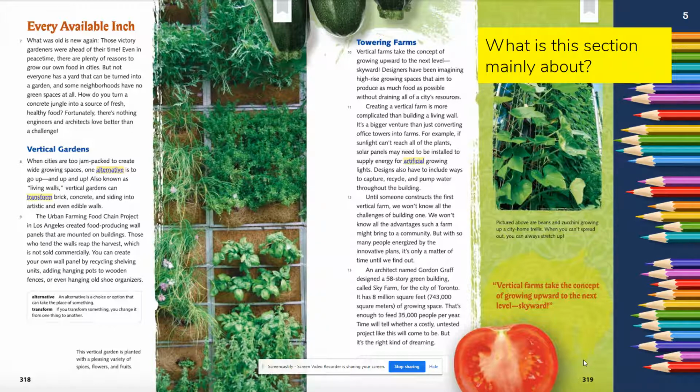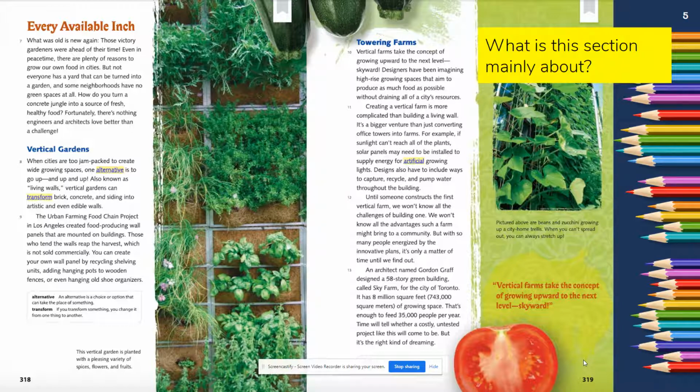Vertical gardens. When cities are too jam-packed to create wide growing spaces, one alternative is to go up and up and up. Also known as living walls, vertical gardens can transform brick, concrete, and siding into artistic and even edible walls.